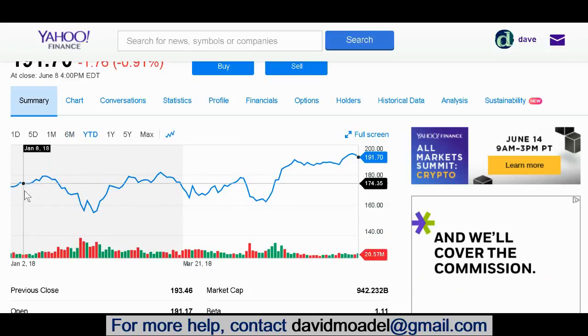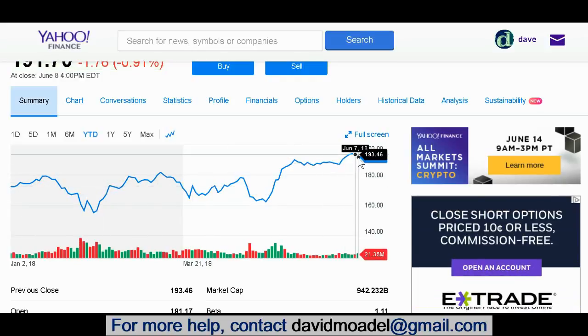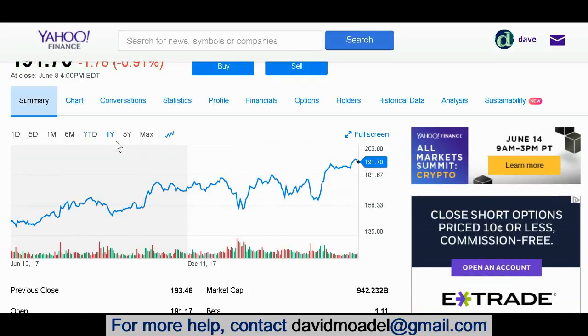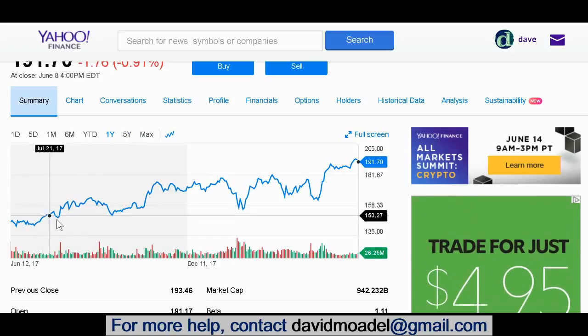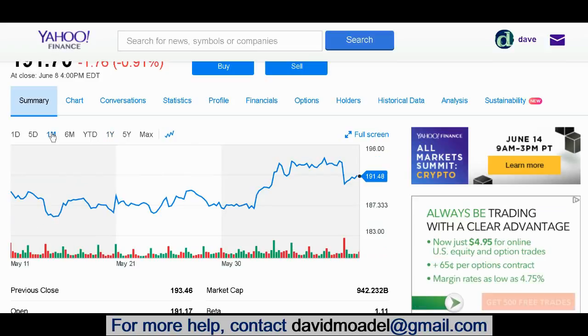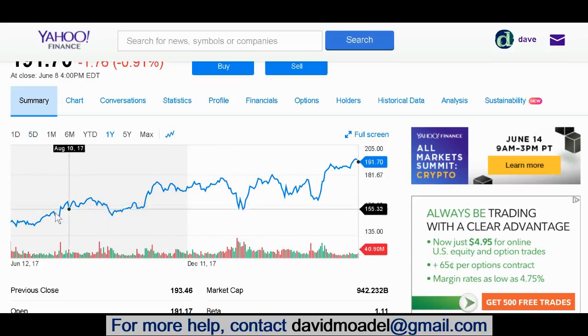And so you can see the price action of Apple stock shares starting from January 1st all the way through today. 1Y, that's 1 year. And you really get a nice big picture view of it when you pull back the chart, so to speak, and look at the longer time frames. If you just look at 5 days, you'd think, oh, Apple stock is not doing well. But then when you look at 1 year, you can see that over time it has been doing well. It's had some dips, but it recovered from pretty much all the dips here.